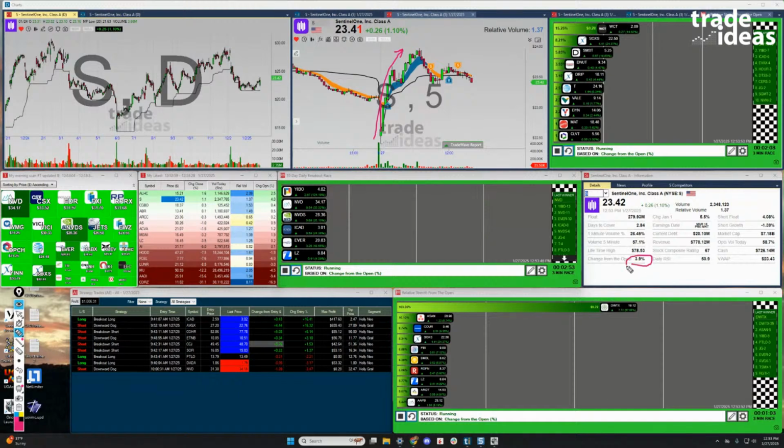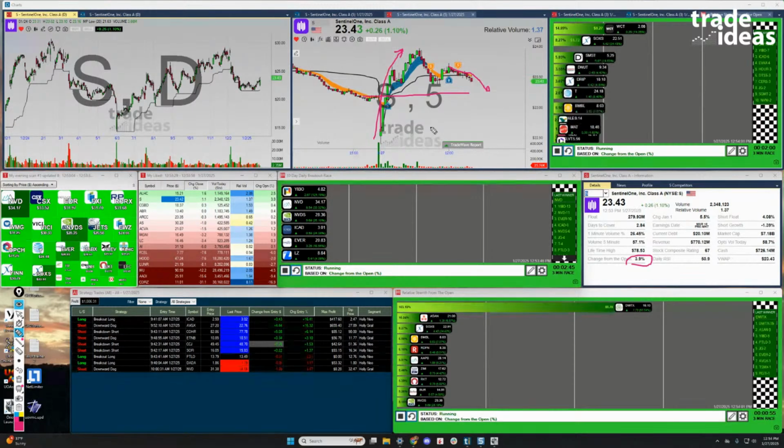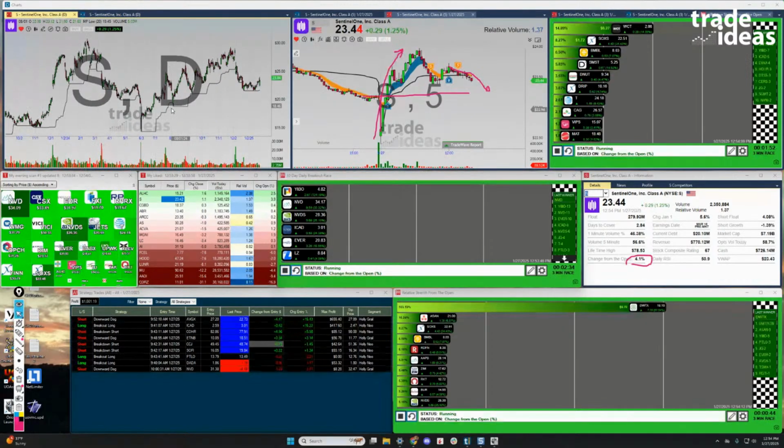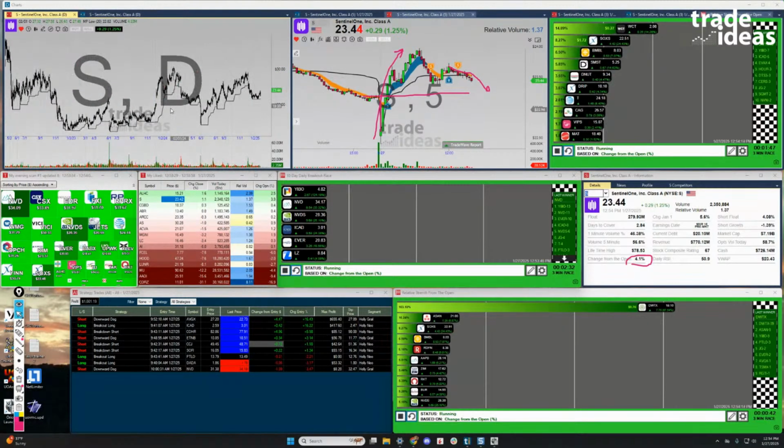Not just up from the open, but it's up from the prior close even. It's fading now. We'll see if it can hold on to its gains or not. I think it's some kind of information security, computer security, something like that. I don't know. Grand scheme of things, pretty far off all-time highs.